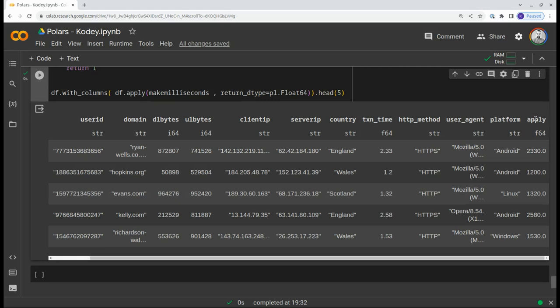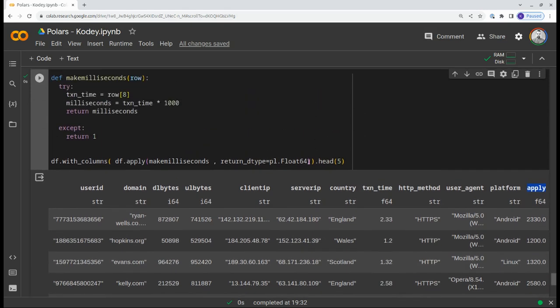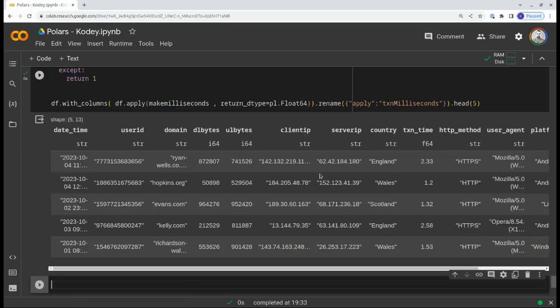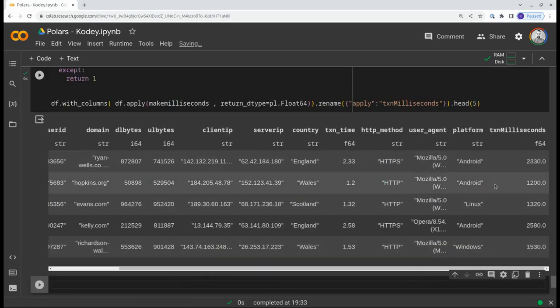Again, we see that the name of the column is apply, which is not very nice. So before we do anything with the data, we can simply rename the column. We're just going to rename the apply column to be transaction milliseconds. And when we run that now, we get the column renamed to transaction milliseconds, and our function has